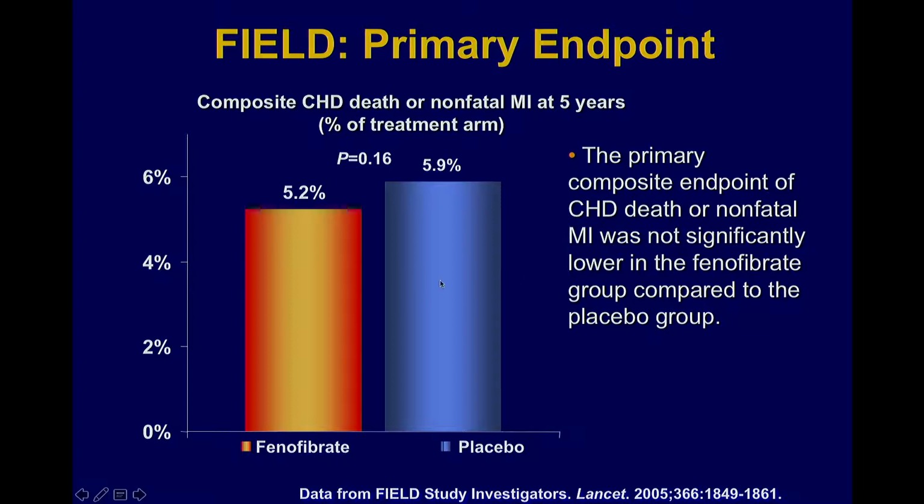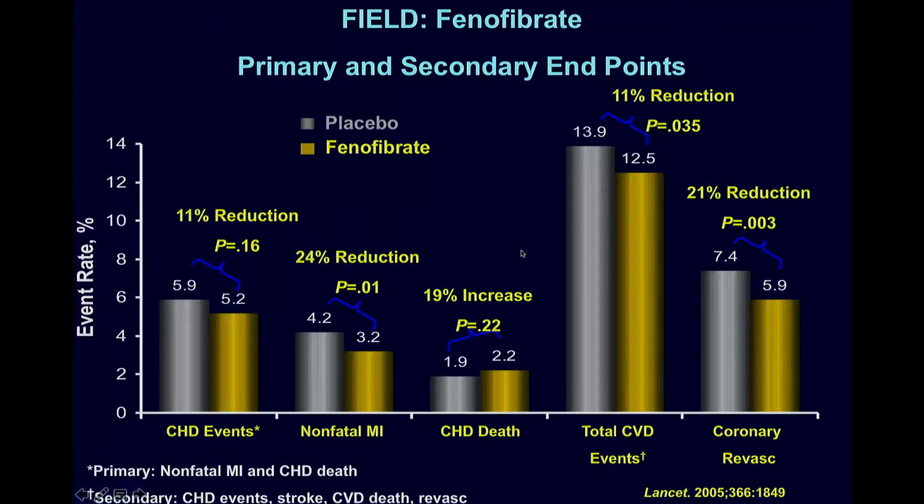Now, in FIELD, there were subgroups and secondary endpoints that were positive: a decrease in non-fatal MI that was significant, a decrease in cardiovascular events and coronary revascularization, all encouraging, but actually an increase in cardiovascular death and an insignificant change in CHD events. And so